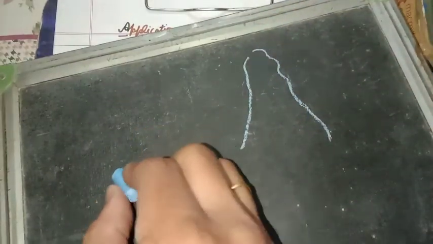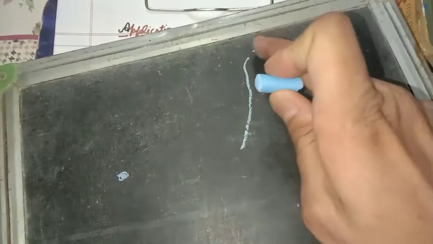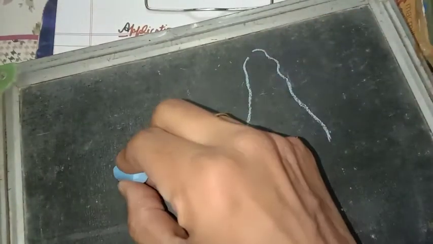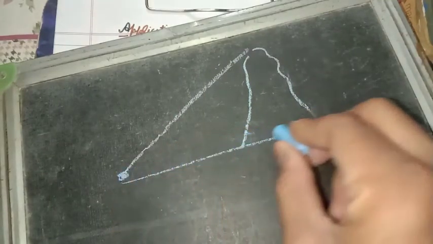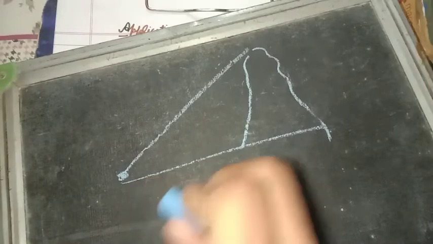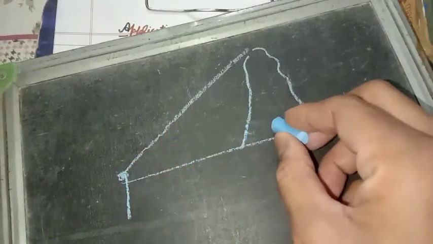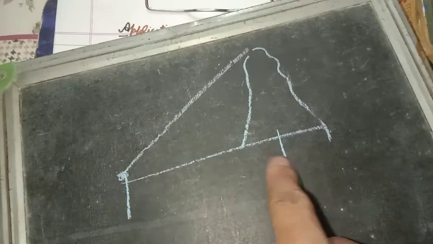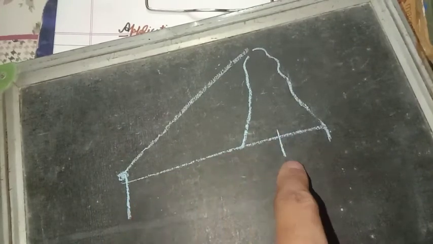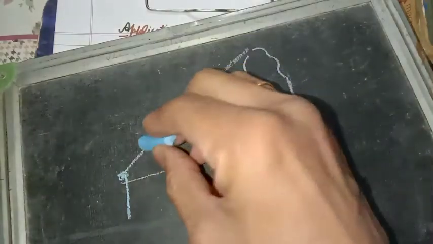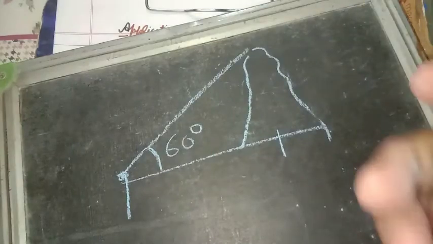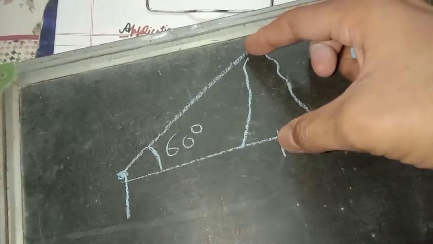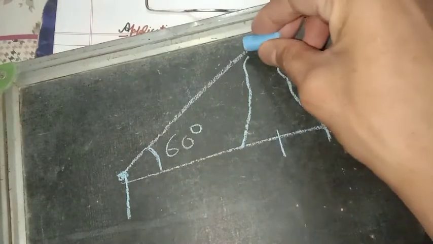Say this is a mountain over here. I am standing over here and I want to know the height of this mountain. I am looking at this mountain. This is my eyesight, the line, and I am standing horizontal to the mountain. I know the distance between me and the mountain, and this angle can be calculated. Say for example, this angle is 60 degrees, and now I can calculate the height of this mountain by using trigonometric ratios.